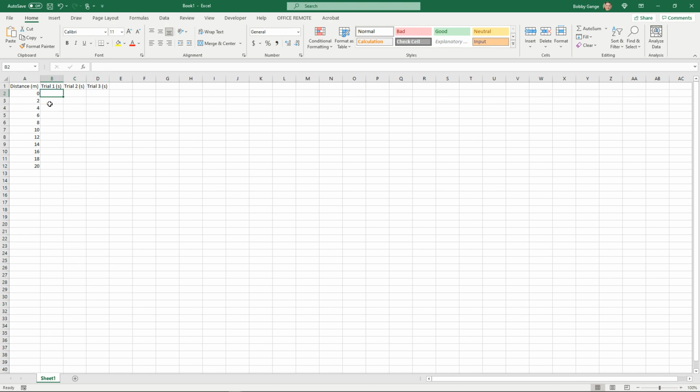Okay. Now, let's type in some data. Now, obviously, because it's at the start, it shouldn't take any time to get from 0 to 0. So trial 1, trial 2, and trial 3 should all have 0 as their starting time that it takes them to get there. Okay. I'm just going to fill this in with data that I actually collected from a previous class. I've actually copied that into my clipboard. So same as in anything else, if you copy anything from clipboard, if you just